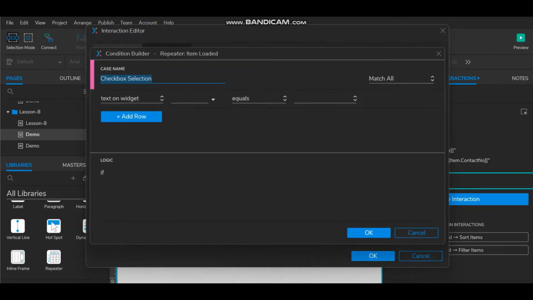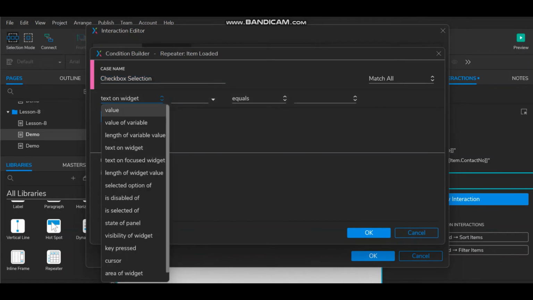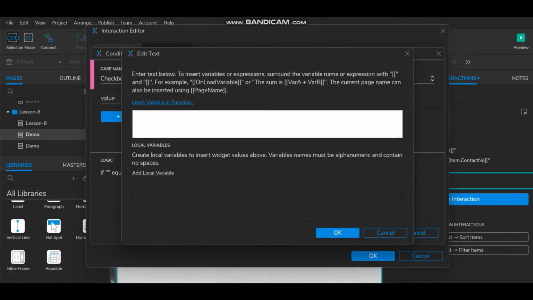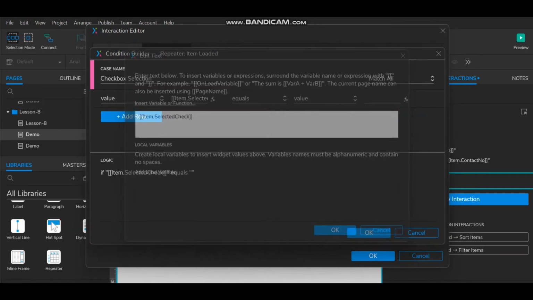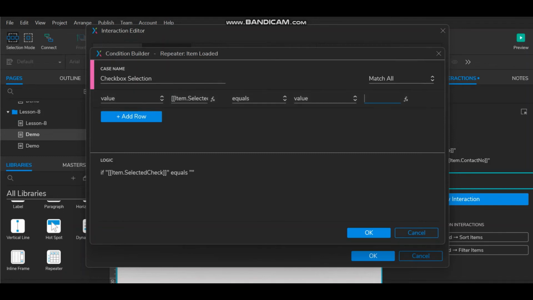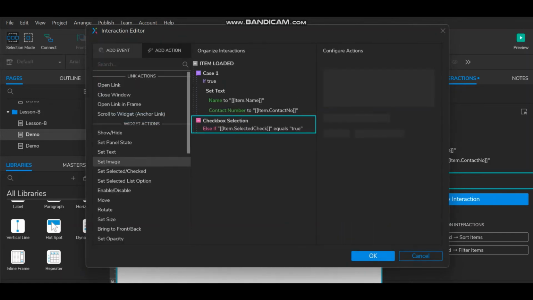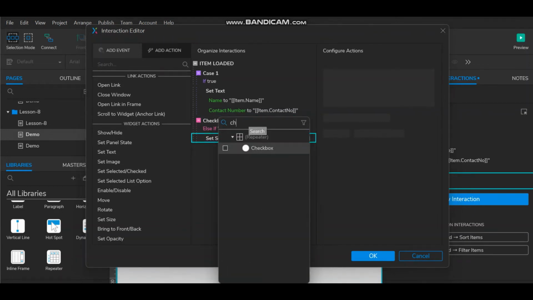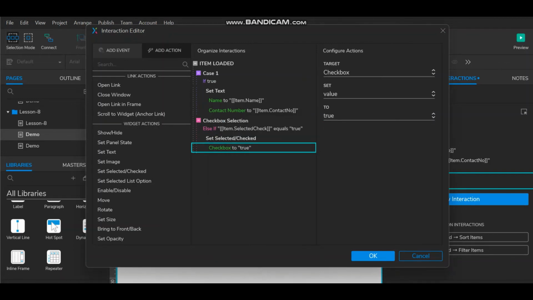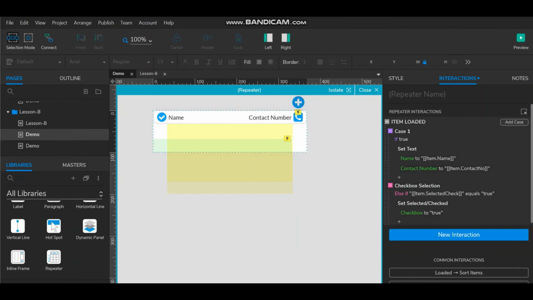add logic, if value of item dot selected check equal to value true. Okay, set selected checked, type checkbox true. Okay, now